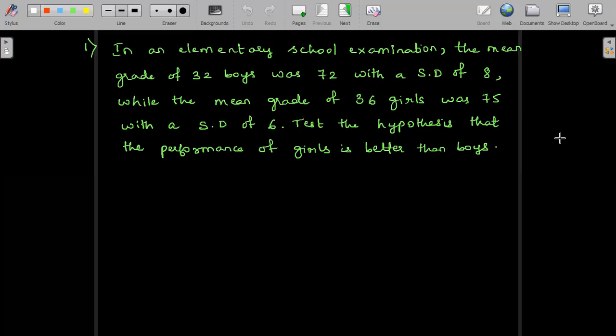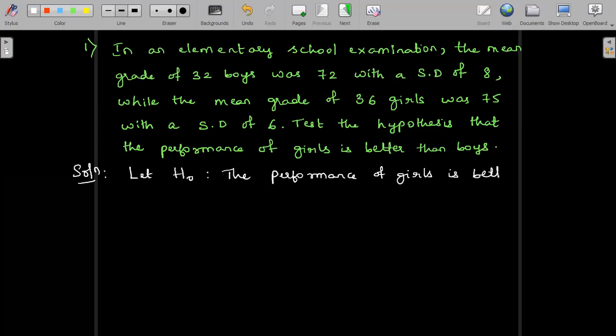So the hypothesis H naught is assumed, according to the question, as the performance of girls is better than boys. So let us denote H naught first. Let H naught be the performance of girls is better than boys. So assuming the hypothesis H naught first, now we will analyze the data and write down the given values. So by data,